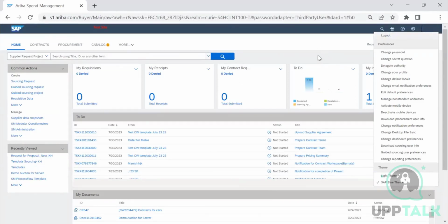Because of that, we have access to all the modules and all the configuration. In a similar way, a person who has only the contracts role can only see the contracts access. He will not be seeing other roles. So in order to manage the roles, self service is available where you click on change your profile. By clicking on this,